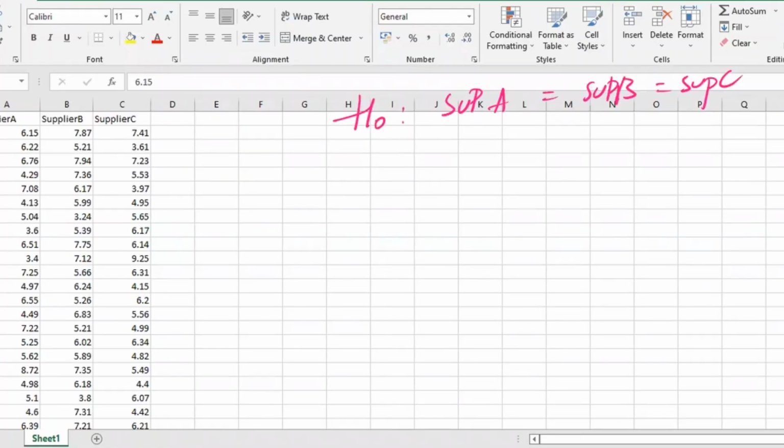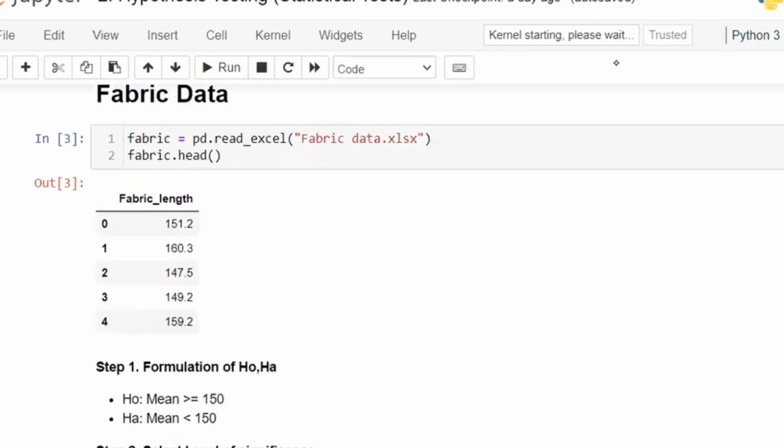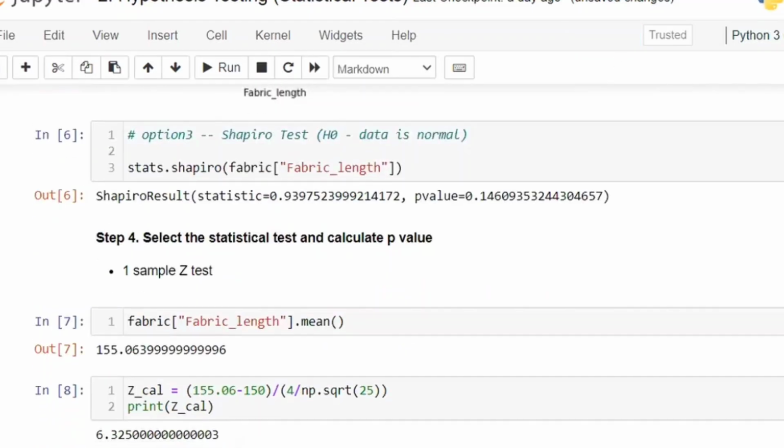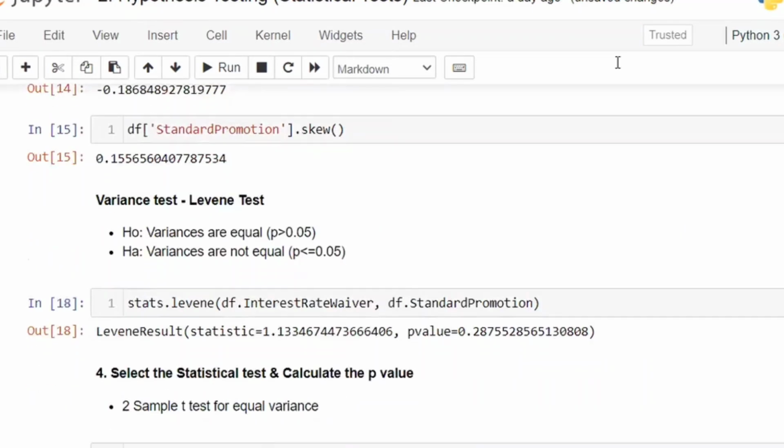For a one sample test, we compare with a value. For more than one sample, we only compare the samples. So the null hypothesis says that supplier A is equal to supplier B is equal to supplier C. Everyone is equal, no difference, with respect to the null hypothesis. Difference is with the alternate hypothesis. So here we select the next one, bolt diameter, and